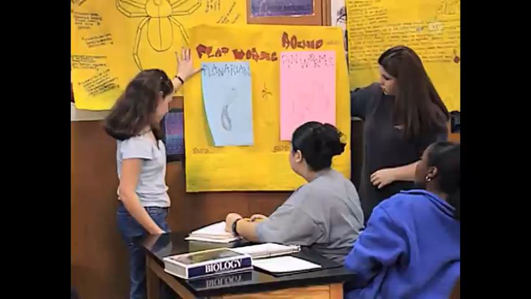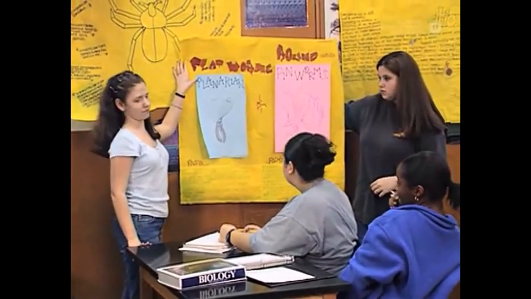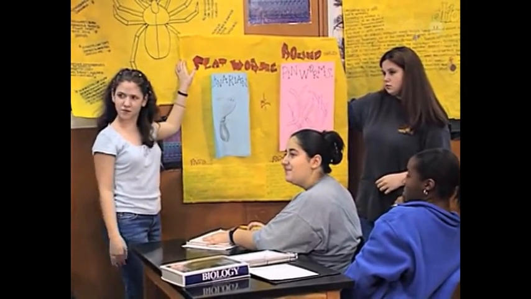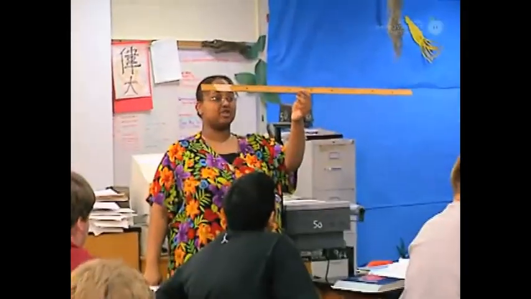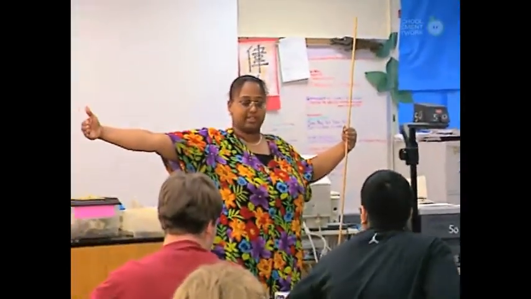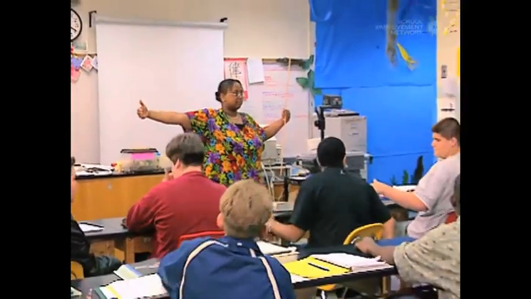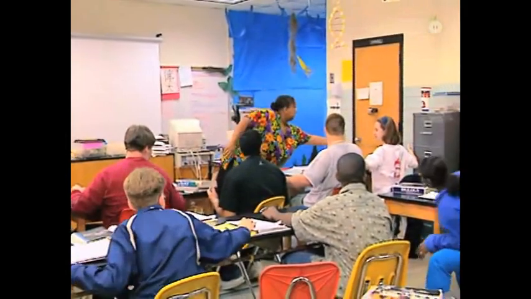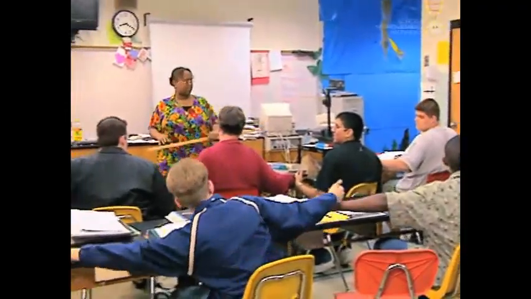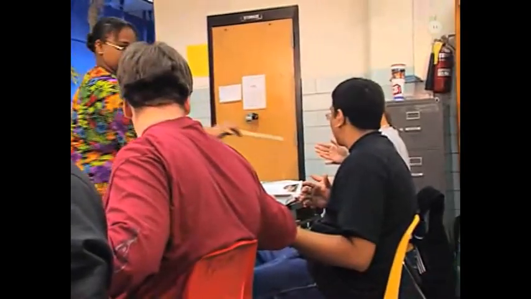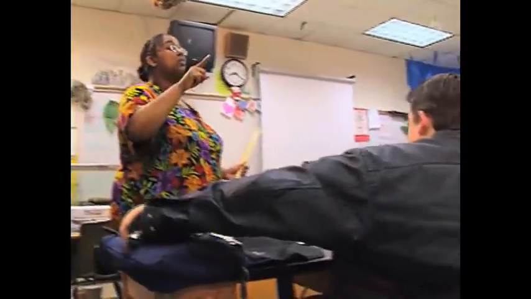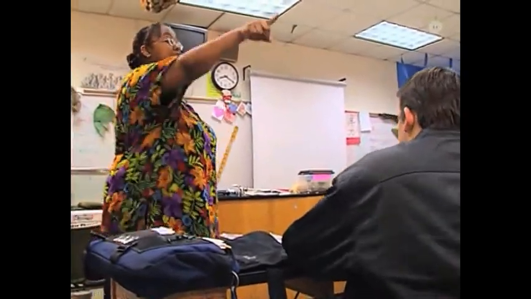How big is 1 millimeter? Right, it's real small. How big is a meter? Anybody remember? This is 1 meter. And they can be several meters long. So what I want you to do at your desk is join hands with the next person and let's see how long we can make our worms. About 2.5 meters. Guess what? They get longer than that. Keep going. Let's see how long some worms get. 1, 2, 3, 4, 5 meters. Guess what? Some worms get even longer than this. But we're going to talk about those in a minute.